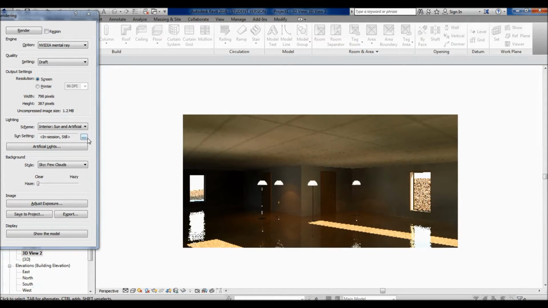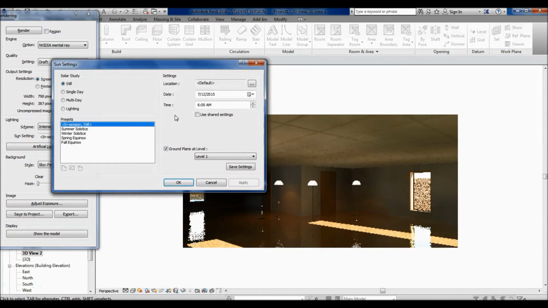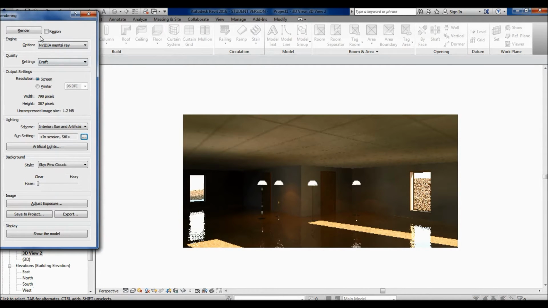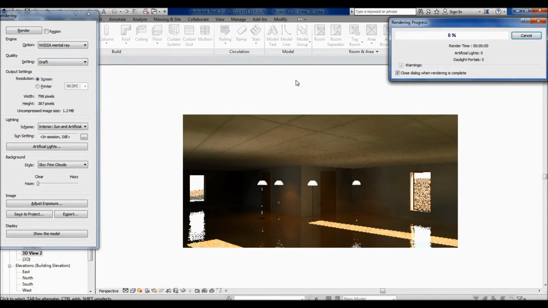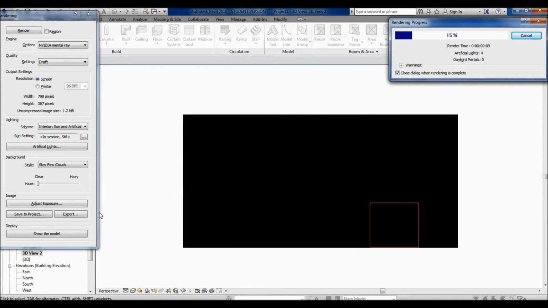If for some reason this isn't casting a light, so if I change this down to say something like 5 a.m., and there's not a whole lot of sun coming through here, and I run this rendering, you'll see that there's not as much sun coming through, so we should see more of the light fixtures instead of just the sunlight. You want to make sure that it's actually casting light,